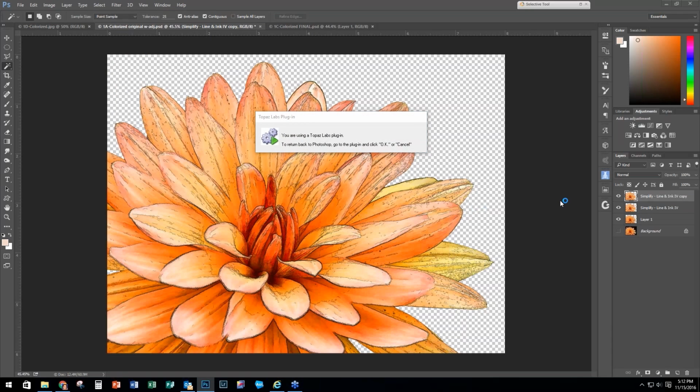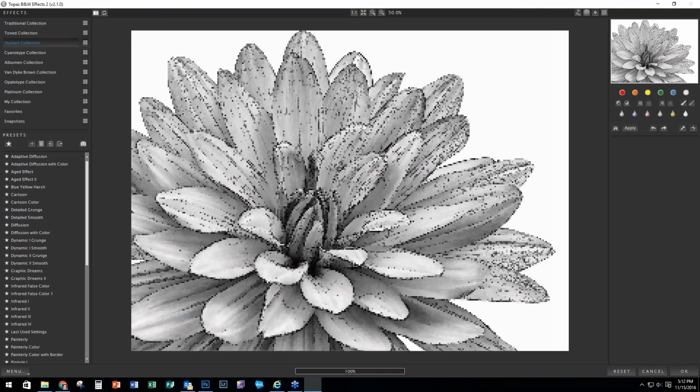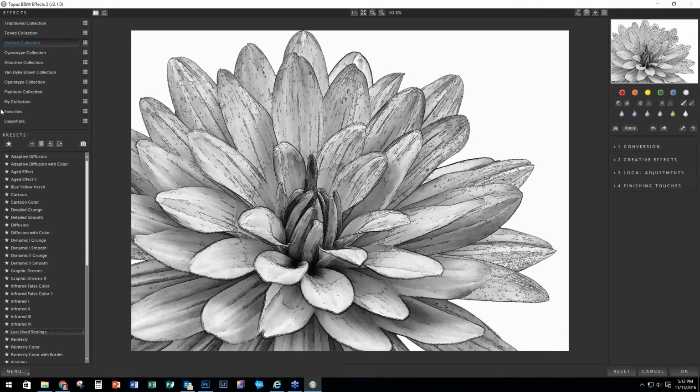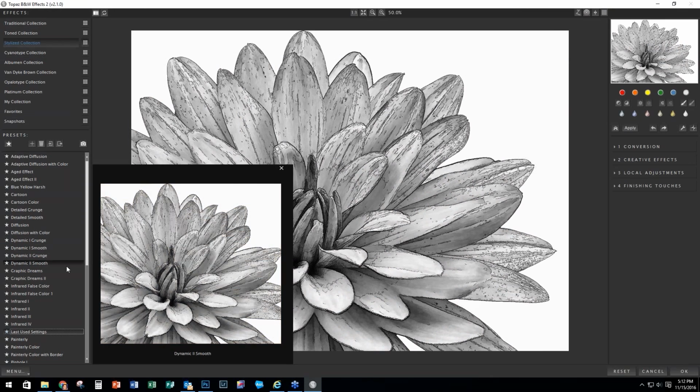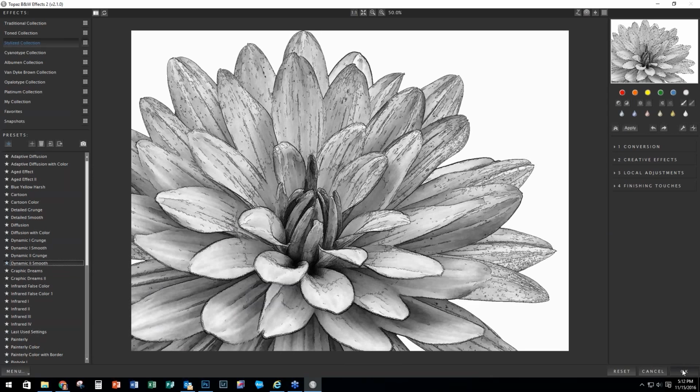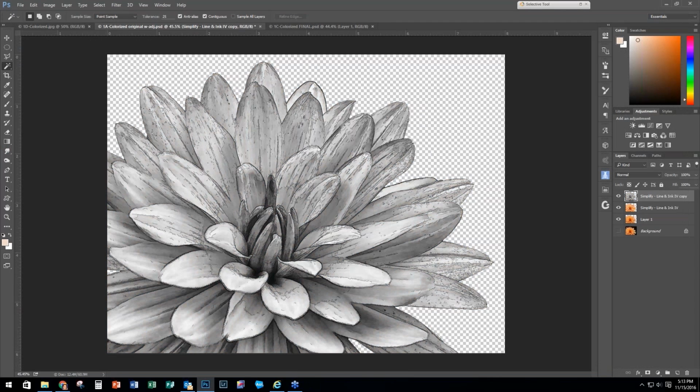And this was something, again, this stuff comes about from just playing and trying some different things. Use the Stylized collection and Dynamic to Smooth. And I liked that the way it was, so I'm going to say OK. And then what I did, because I didn't want truly a black and white, was I decided to